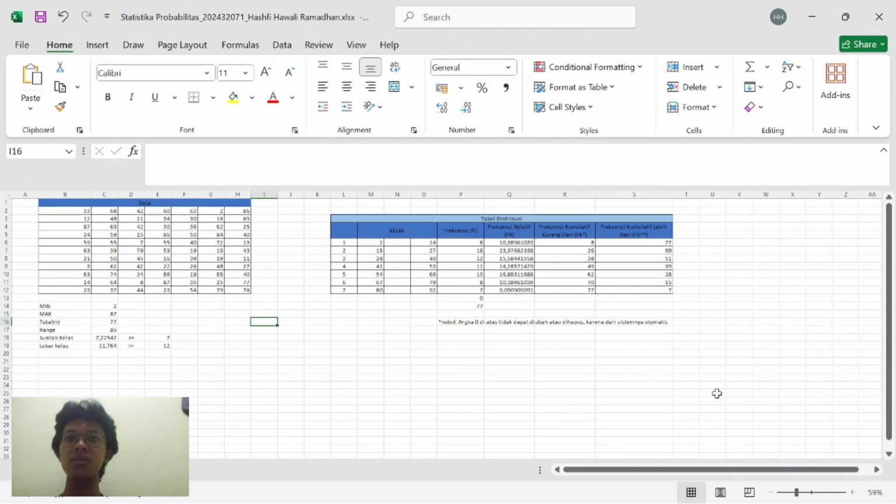Number 3. Frequency. Frequency is determined by counting the number of data points that fall within each class. In Excel, this can be done using the FREQUENCY function, separating data values and upper class limits with a semicolon. 4. Relative frequency. Relative frequency is calculated by dividing the frequency of a class by the total number of data points and multiplying by 100 to express it as a percentage.